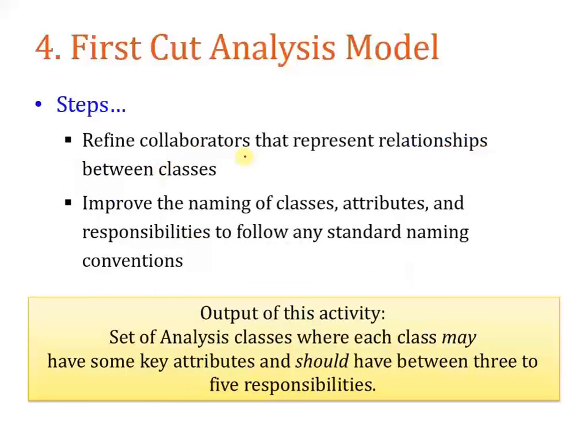Next, we will be refining the collaborators that represent the relationship between the classes. So all the collaborators which we have identified in the previous 3 different approaches will be refined and final consolidation will be done. Then finally, we will try to improve the naming of the classes, attributes, and responsibilities, and we will be following the standard naming conventions. So the output of this particular activity will be the set of analysis classes, where each class should have some key attributes and at least 3 to 5